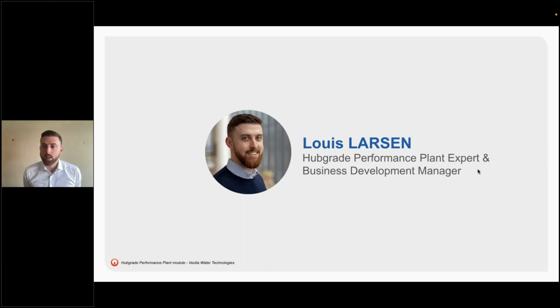Another one here in the Denmark example, Bluekolding. Is the system able to predict what weather CSOs? If so, elaborate on the data needed for the system to do that. So